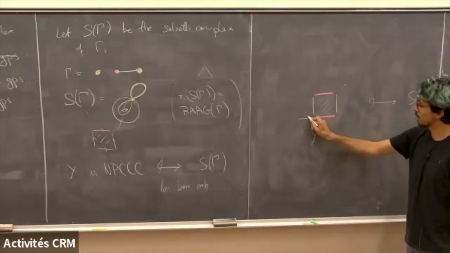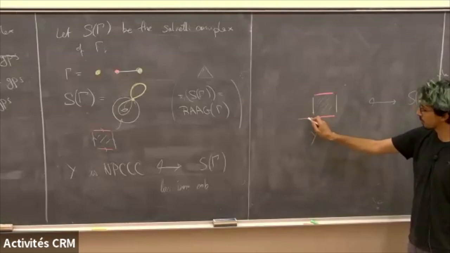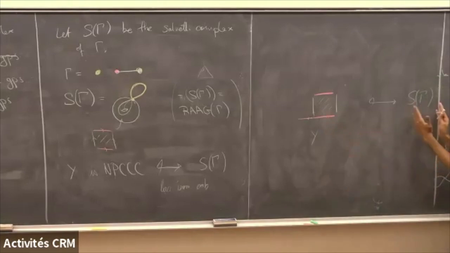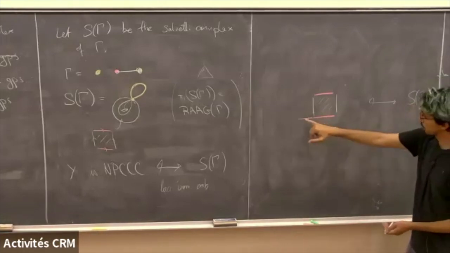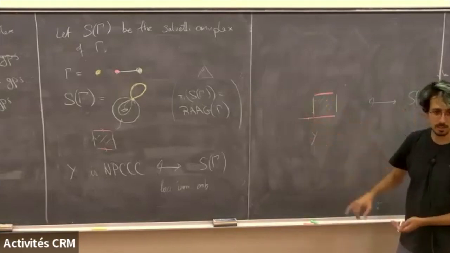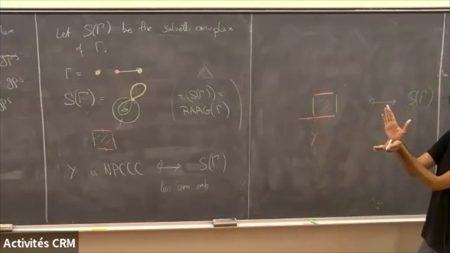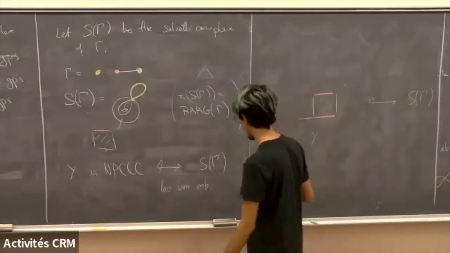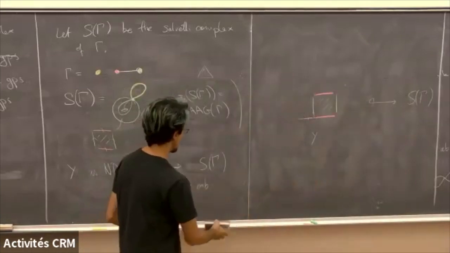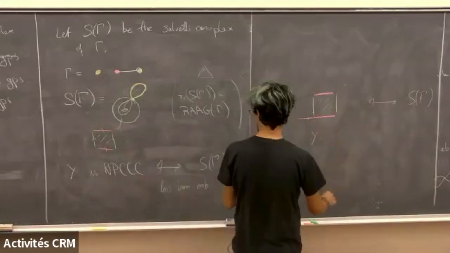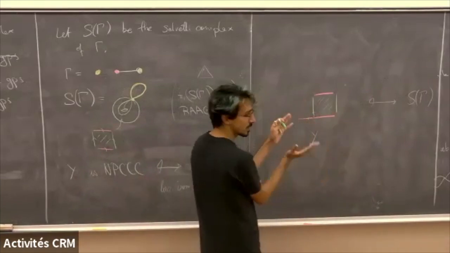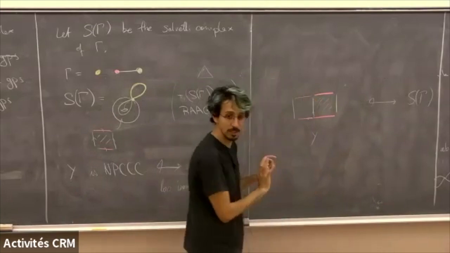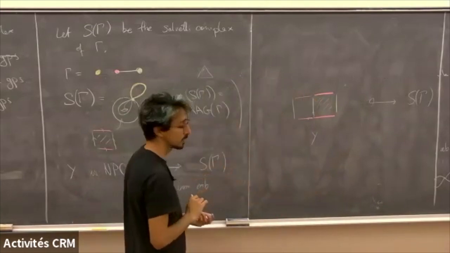Why is it not okay? So, I mean, the distance between those 2 points in Y is going like this. So it's whatever this is plus this. While in S gamma, between the pink and the green edges, I have a square, right? I have a 90-degree angle. So actually, in S gamma, this will be shorter. Okay, so this is not a local isometric embedding. So what we see is that for this to be a local isometric embedding, whenever I see things that commute beyond there, they have to sort of carry on going, right? So this is fine.